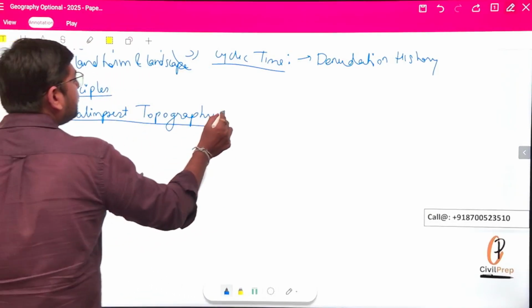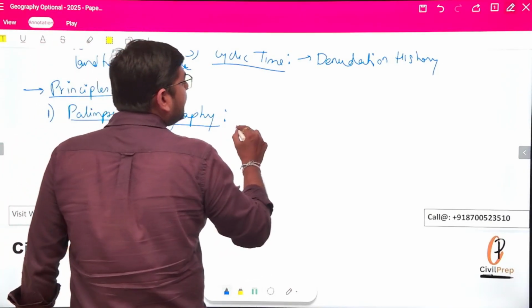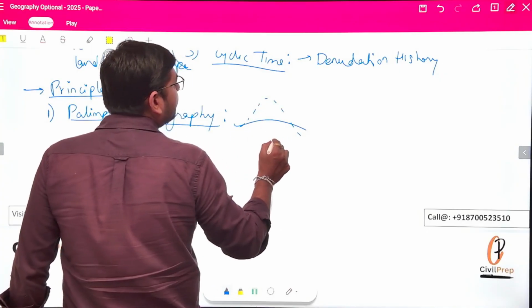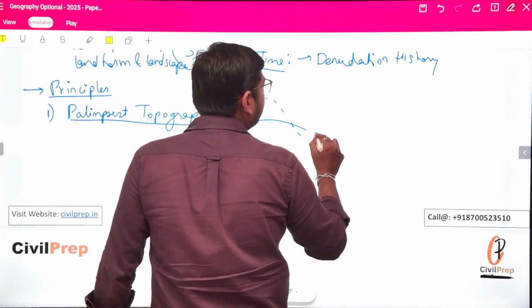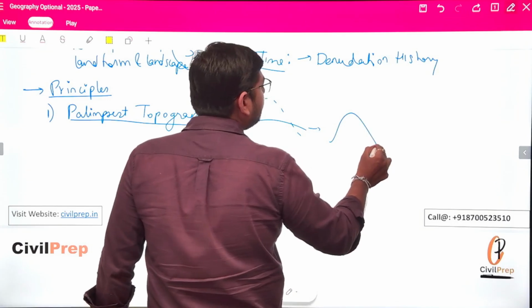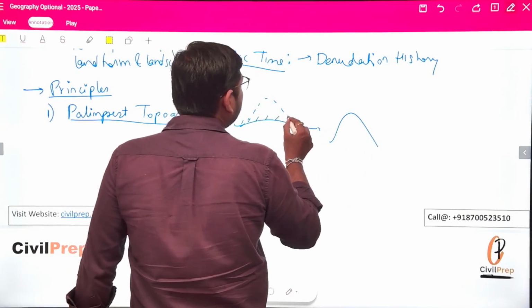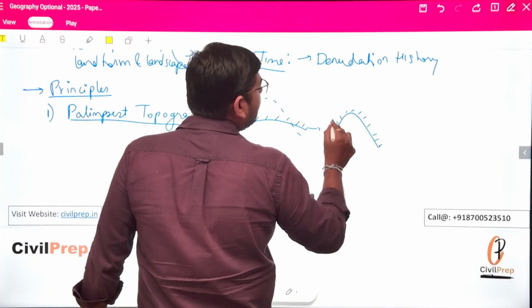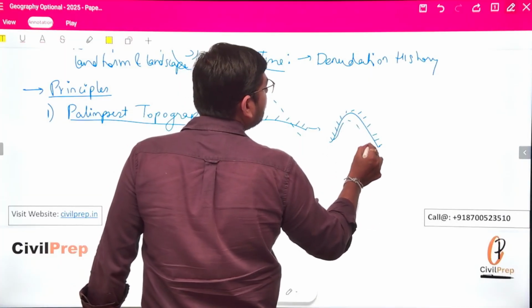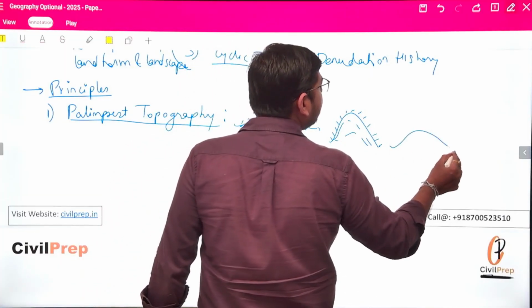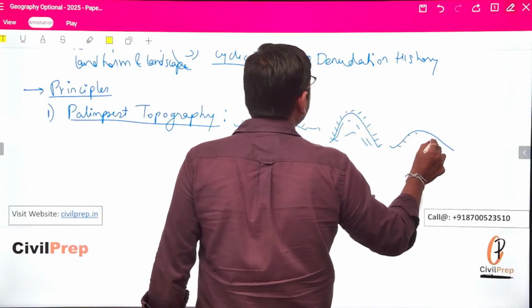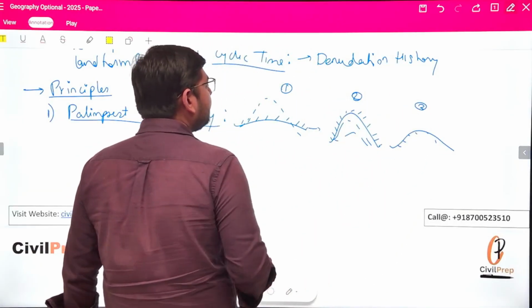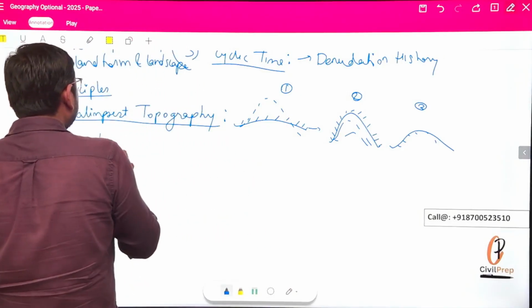Under the palimpsest topography, we'll be seeing that any landscape is formed out of a mountain. But here we are seeing that it is again getting uplifted. So whatever landform was formed here is now uplifted and present in this form. Now here it will again undergo the cycle of erosion and will form another landform. So this is time 1, time 2 and time 3, where we see that any landscape,